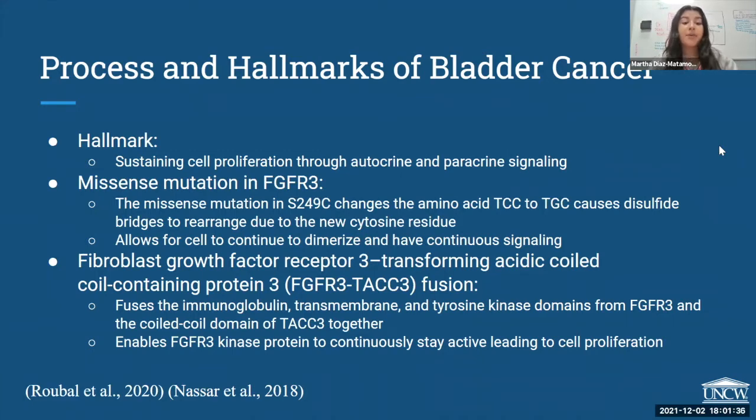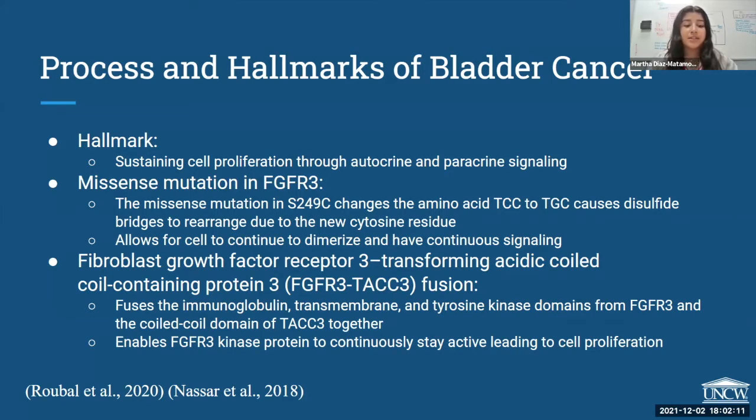The hallmark for FGFR is sustaining cell proliferation through autocrine and paracrine signaling. The missense mutations in FGFR3 affect 84% of patients with urothelial cancer. The missense mutation S249C changes the amino acid codon TCC to TGC, causing disulfide bridges to rearrange due to the